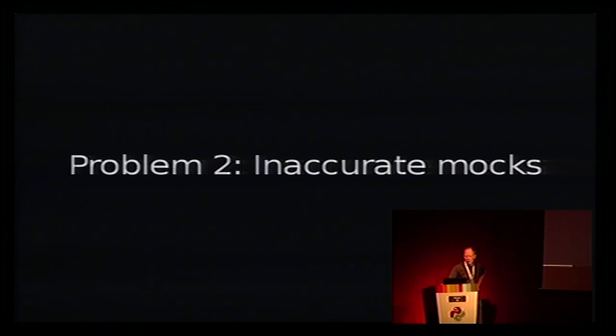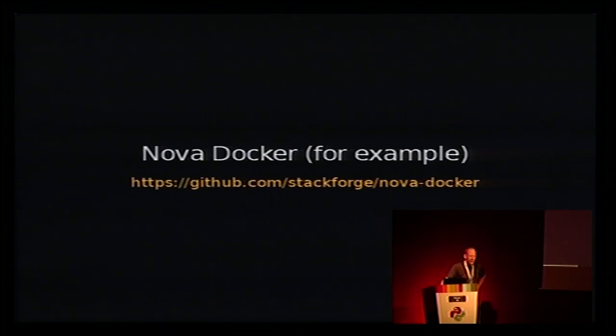a library which I'm quite interested in called Nova Docker, which is a driver for OpenStack Nova, which allows you to create Nova instances as Docker containers. And so I wondered, how do they test that the Docker driver that they've written behaves properly with a real Docker daemon, which would be slow and expensive to run, versus an in-memory version of the Docker client. And I found that they have